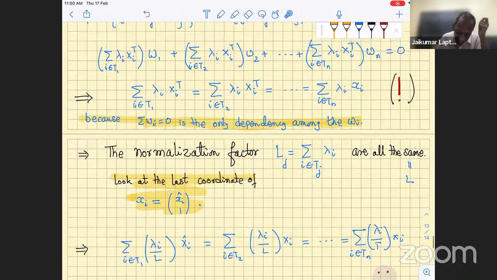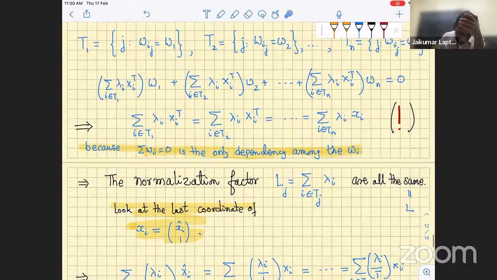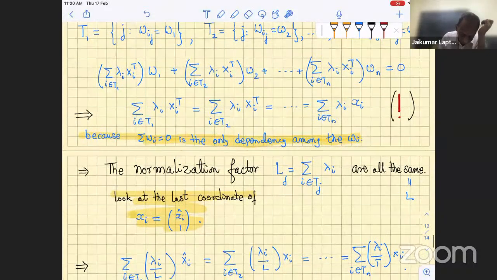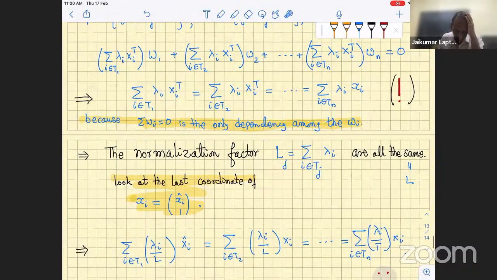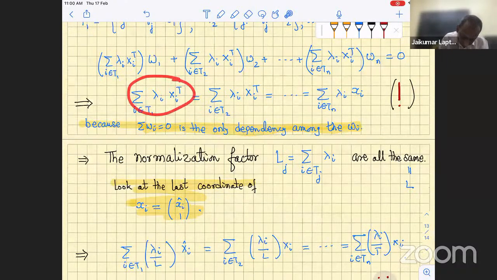Now you see that since at least, yeah. Okay, now, so we just normalize them by that. Sorry, there was an L here. Yeah. And since all these vectors are the same, you normalize and we get